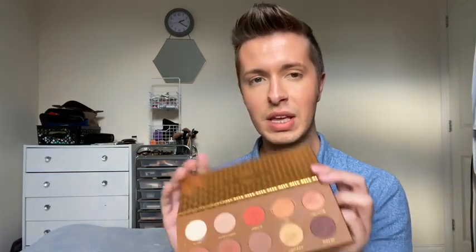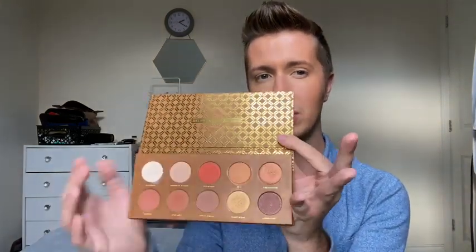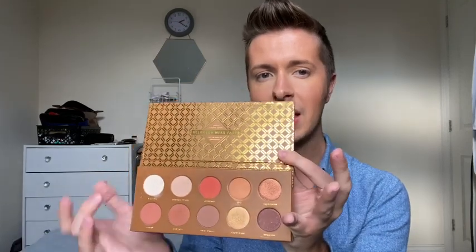So I'm gonna be achieving that with these two palettes here. I've got the Thirsty palette by Jeffree Star and the Zoeva Caramel Melange palette. And from these, I'm just going to use a few shades. This is actually quite wintry, but I'm going to use some of these lighter ones up here and maybe just smoke out a little bit with this palette. But I'm mainly going to be using this palette here because this is Jeffree Star's,